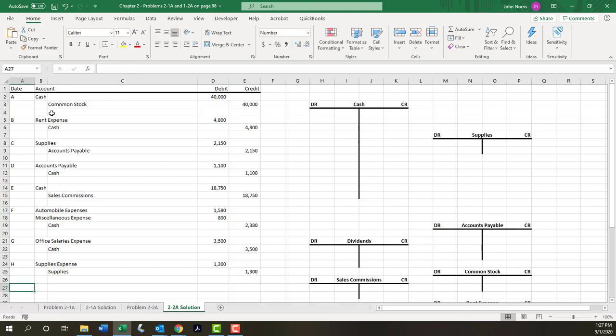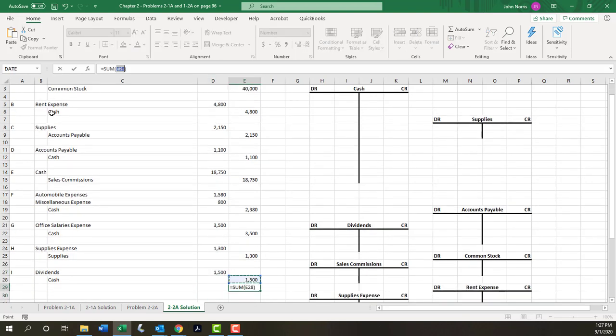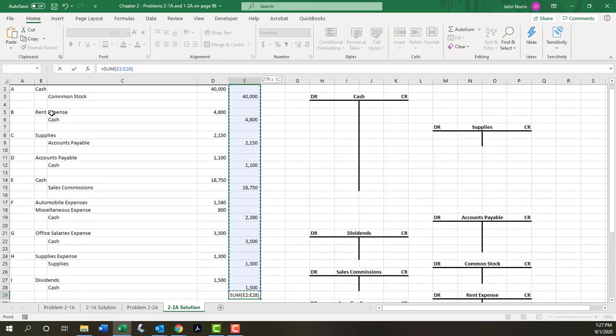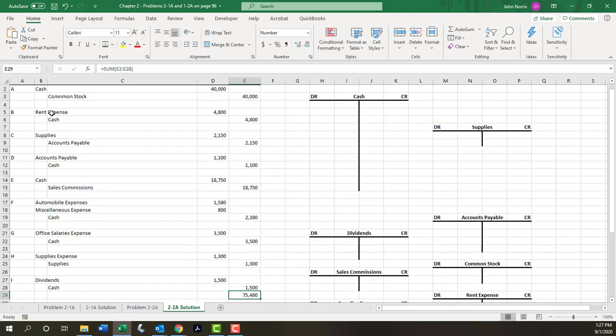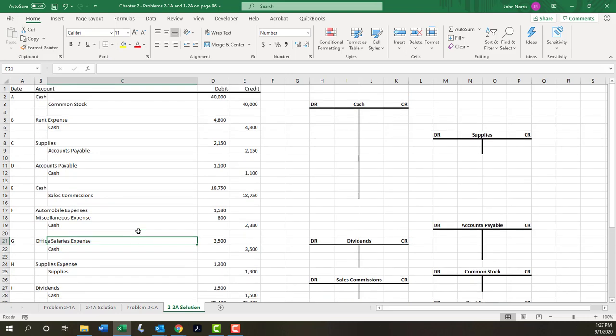And then lastly, I is paid dividends of $1,500. Debits equal the credits on the ledger page, $75,480. So starting with A,